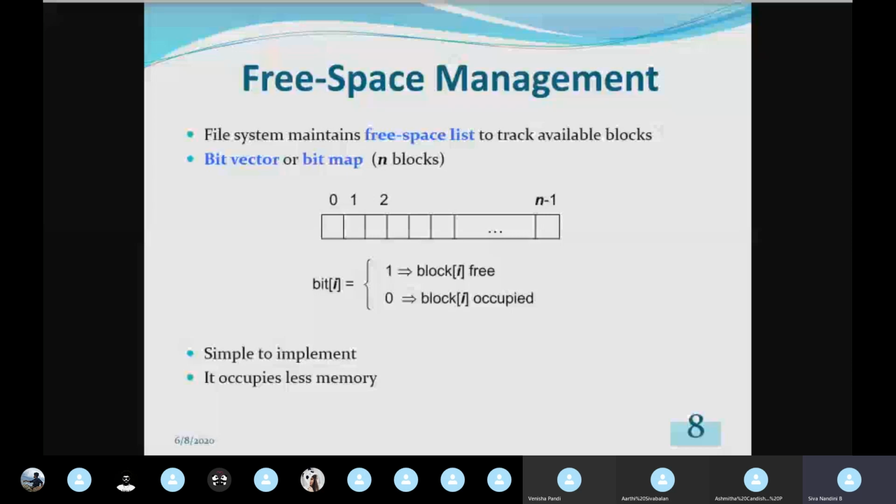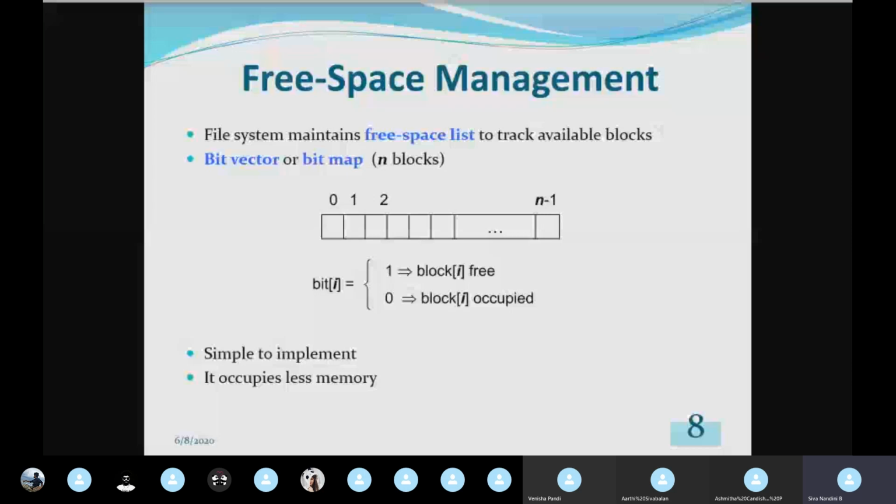So what do you mean by free space? In the disk storage, we are going to allocate files. For files, we'll be having different blocks. In the disk storage, the smallest unit is the logical block. So these logical blocks are combined to form a file storage.